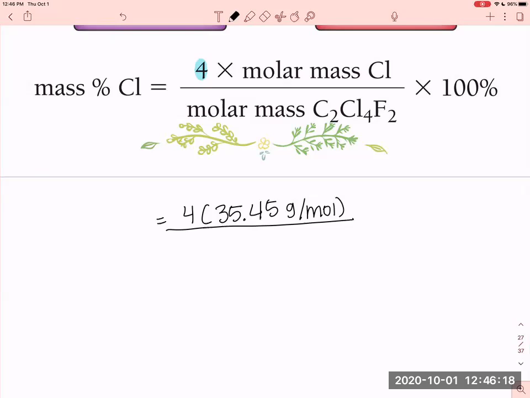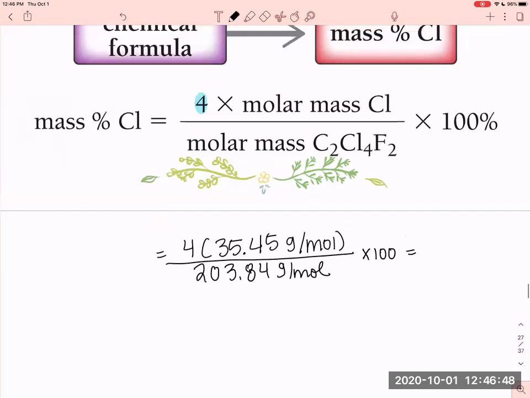And I'm just going to put this all in my calculator. You will get very good at calculating molar masses, but feel free to write it out as you begin to learn this. If you want to see that written out, how I got this number, please text me right now and ask me how I got that number, and I can show you. So we're going to do 4 times 35.45 all over 203.84 times 100, and we're going to get